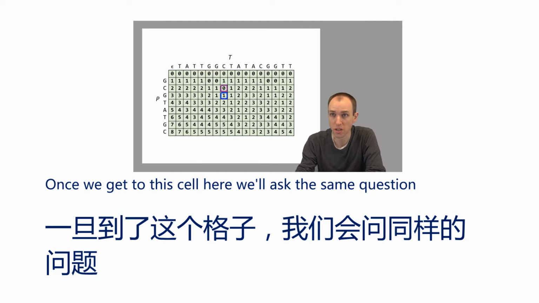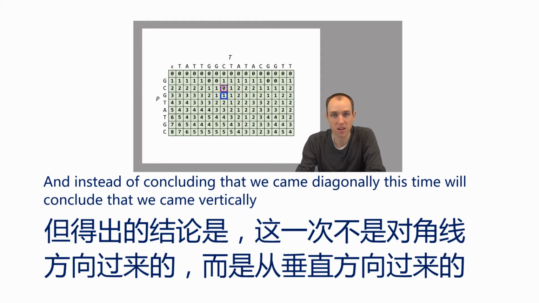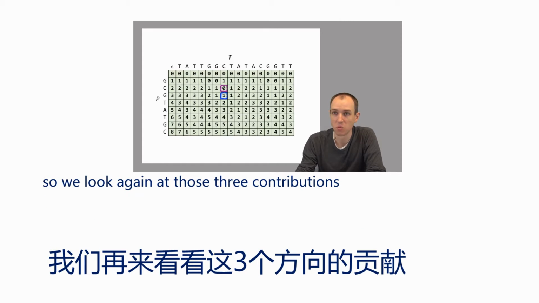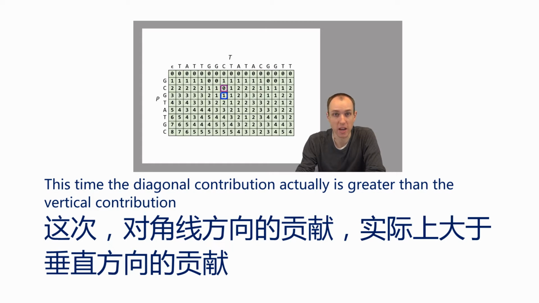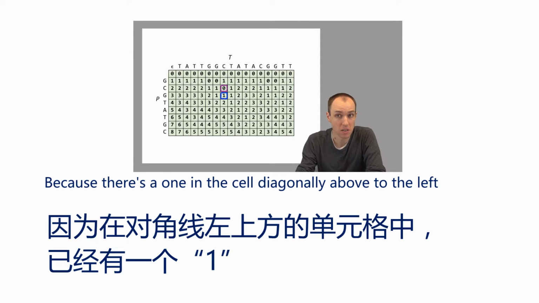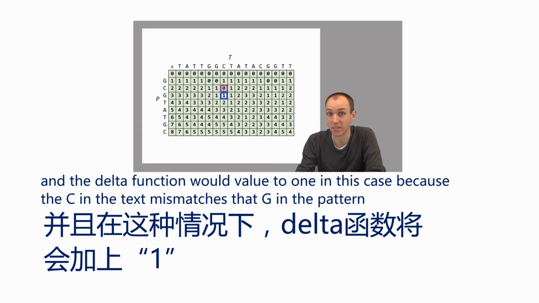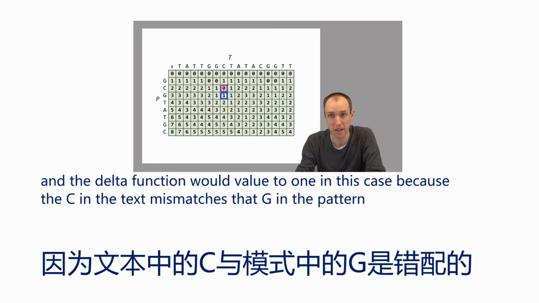Once we get to this cell here, we'll ask this same question, and instead of concluding that we came diagonally, this time we'll conclude that we came vertically. So we'll look again at those 3 contributions. This time the diagonal contribution actually is greater than the vertical contribution. The diagonal contribution would be 2 because there's a 1 in the cell diagonally above and to the left, and the delta function would evaluate to 1 in this case because the C in the text mismatches the G in